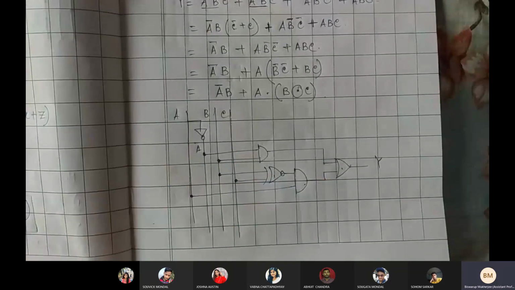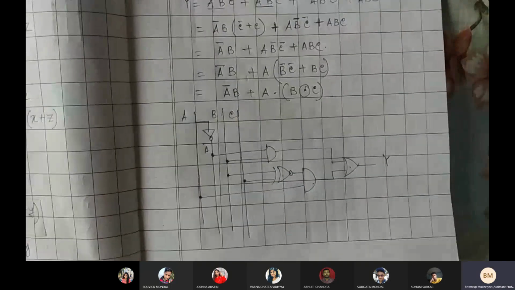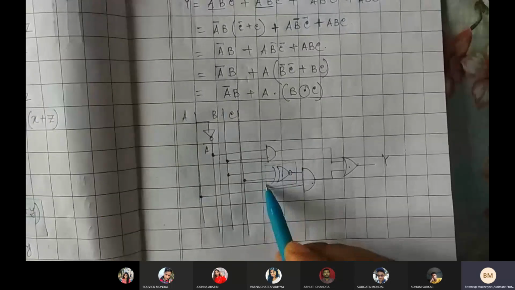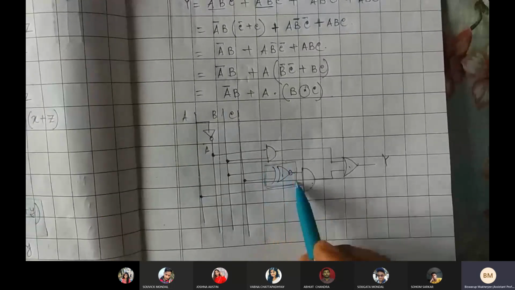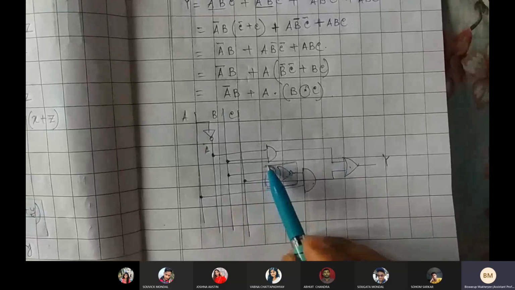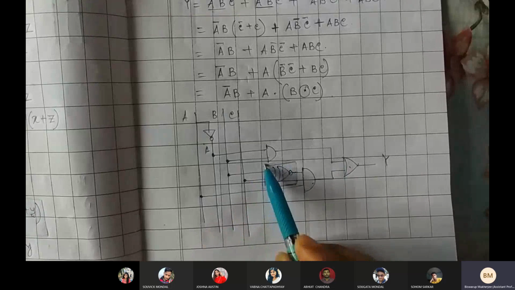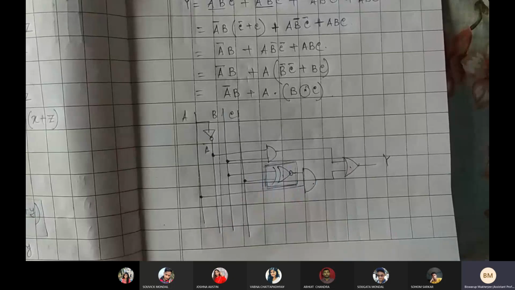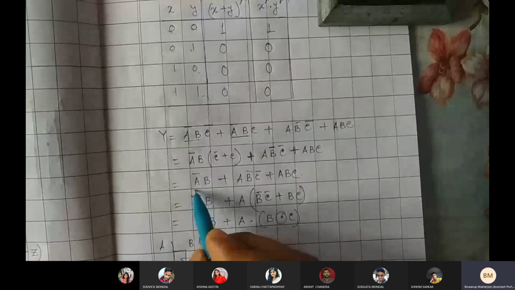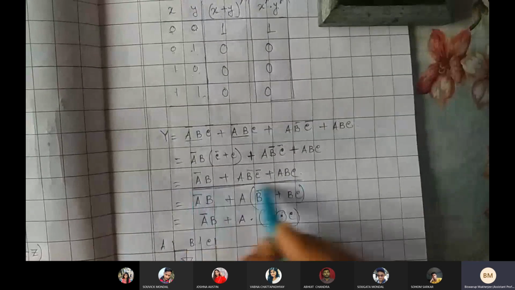But still we do not generally prefer an XNOR gate. আমরা XNOR গেটটাকে খুব একটা প্রেফার করি না. There are a few reasons behind that. We'll be discussing that further. We are not going to design a circuit containing XNOR gate or XOR gate. আমরা generally এটাকে খুব একটা use করি না except few cases like full adder kind of circuit or something like that. So whatever, you can keep the expression as it is.